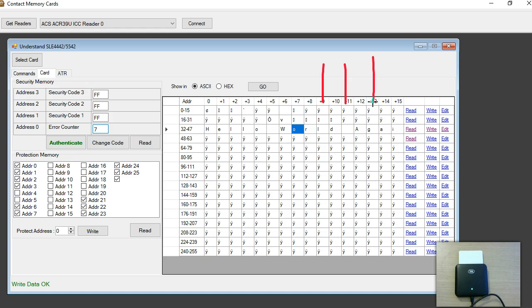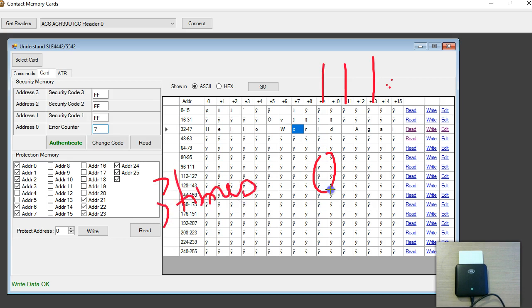After authenticate, you get back the value of the error counter. If it is 1 1 1, it means I've got 3 more choices, and also it means it's a successful comparison. If I assume that I send this wrong password 3 times,